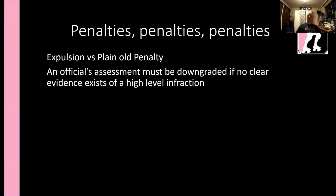It's one thing to say, I might make this landing, but it was pretty obvious this person jumped when they knew they couldn't land the jump. They just thought they would go for it. And that's just dangerous skating, gross misconduct. However,